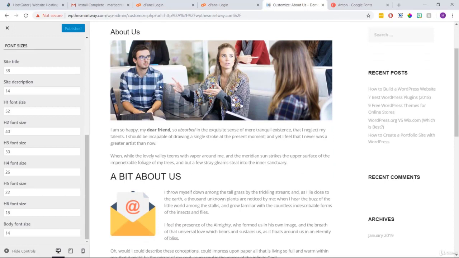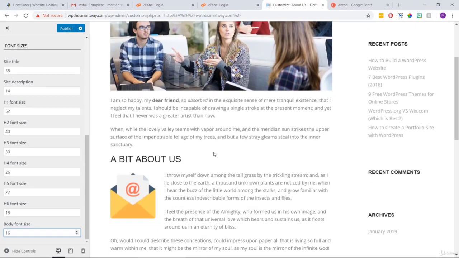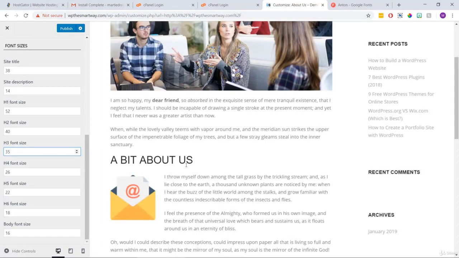Personally, I think the body font is a little bit small, so I'm going to change it on the left from 14 to 16, and when I do that, we can see it updates right away in the live preview on the right. Then as I used H3 headers on my pages, if I change the number in the H3 heading box to 35 instead of 30, we'll see that my subheadings get bigger as well. So we just need to play around with the numbers in these boxes until we get exactly what we're looking for, and when we're happy with our fonts and font sizes, we just need to click Publish at the top,